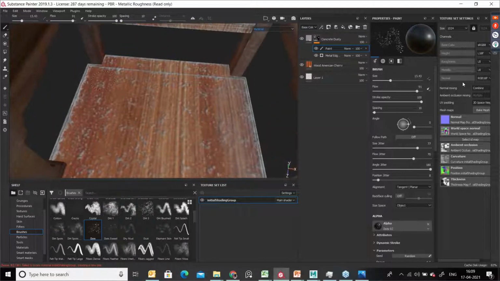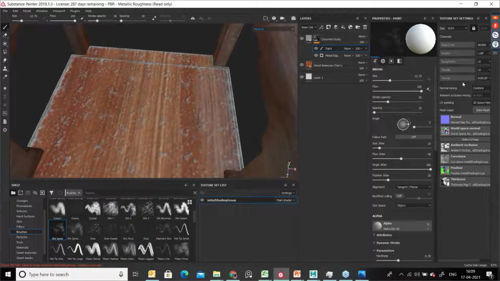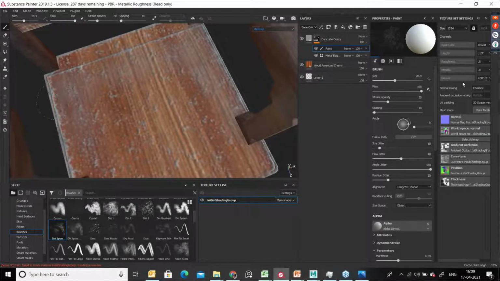You see here, this area, I want to apply a dirt brush. At this time, I don't want stroke opacity this much. Make it less and try to increase the brush size. Try to apply. See, this is very subtle. It's a very subtle thing you are applying, because when you apply like this, you have a lot of control.